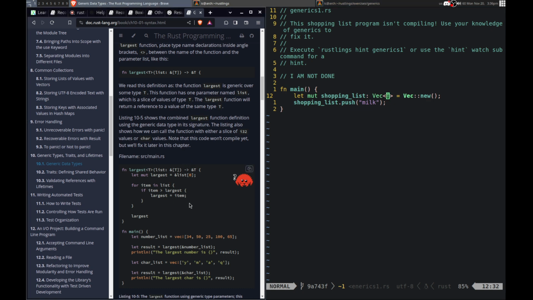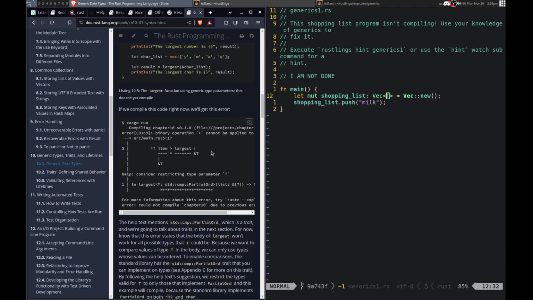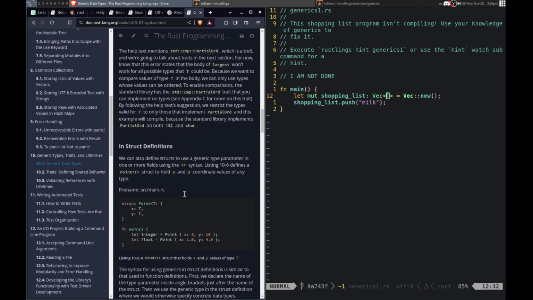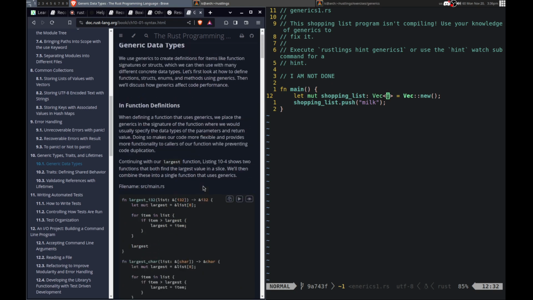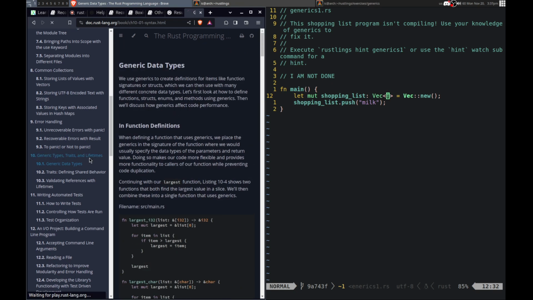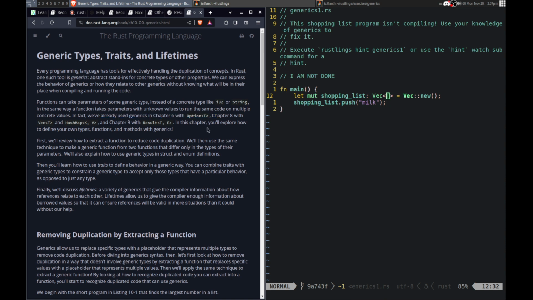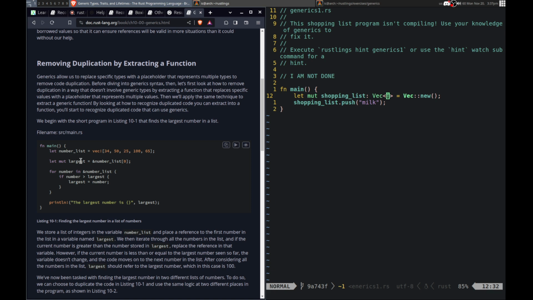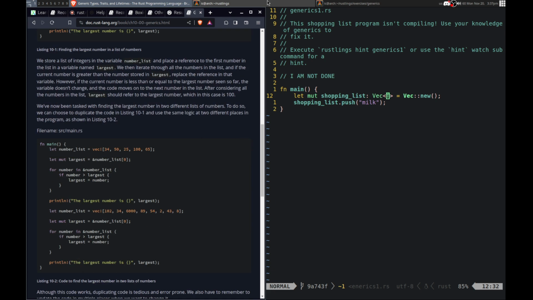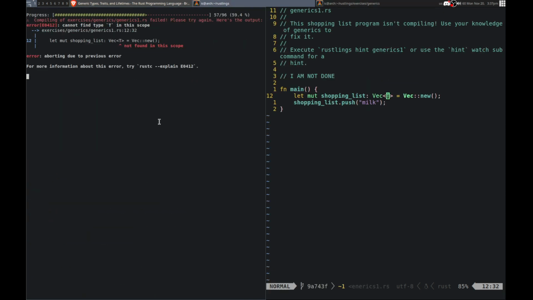Where's T? So is there generic types? So option T. Yeah, so let me look at this. What type are we pushing onto this vector? Okay, do you need to